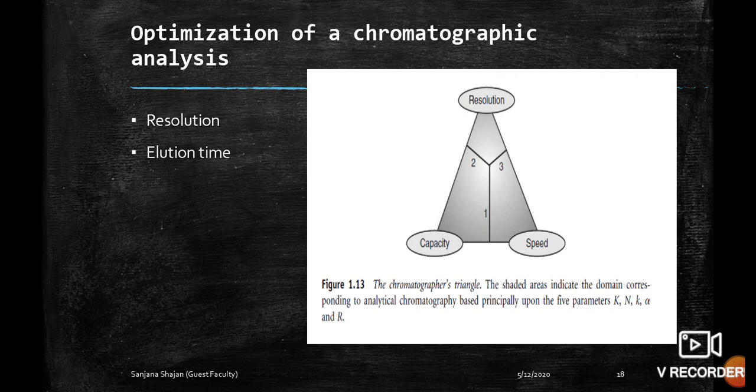So if your resolution is very good, then optimization consists of saving the time for analysis. One way you can optimize is by using a shorter column for a mixture of compounds, or you can use a selective detector so that it can detect desired components. For different types of chromatography, different optimization is done, and the optimization can be more or less rapid. It is also seen that for gas liquid chromatography it is easier to optimize than liquid chromatography, and we'll be going into details about the different types of chromatography in the future slides.